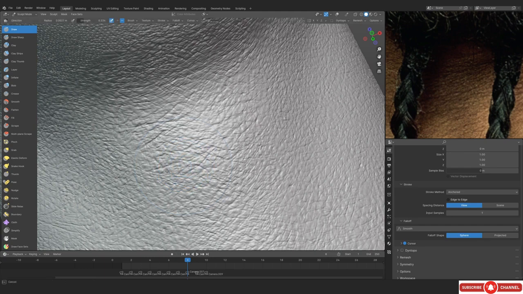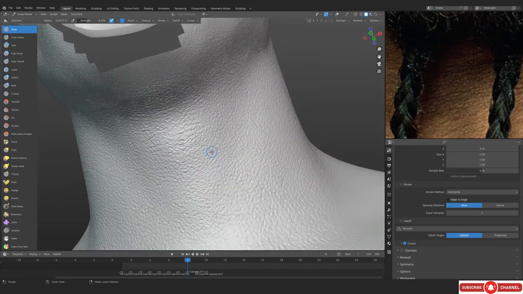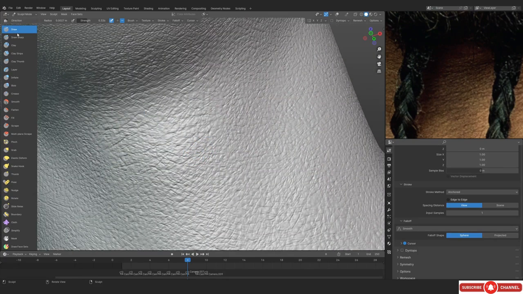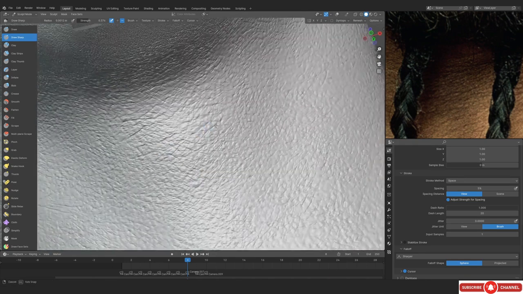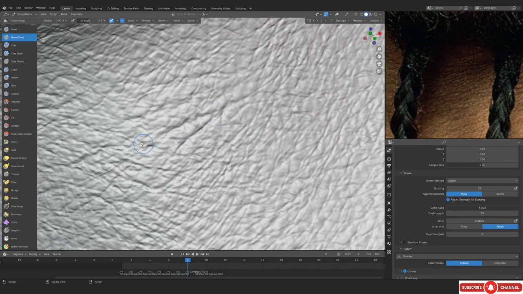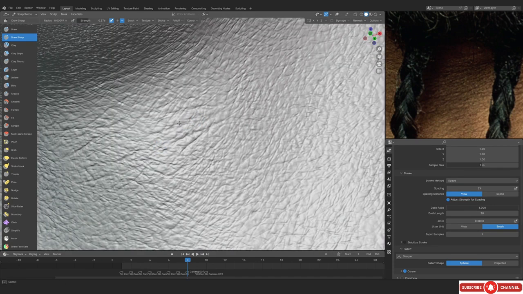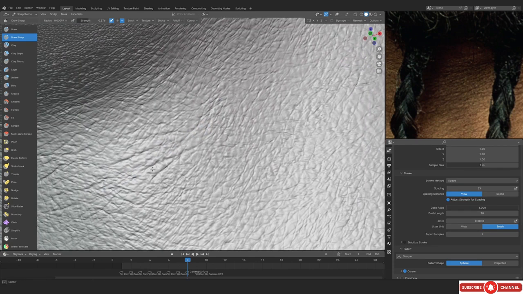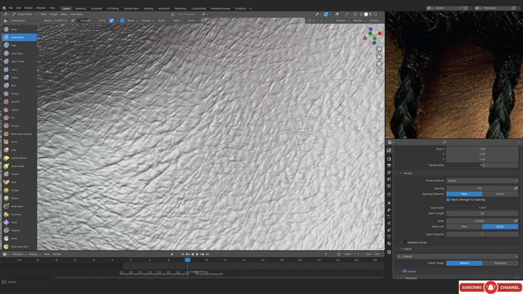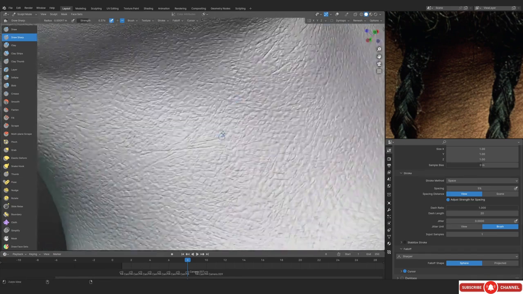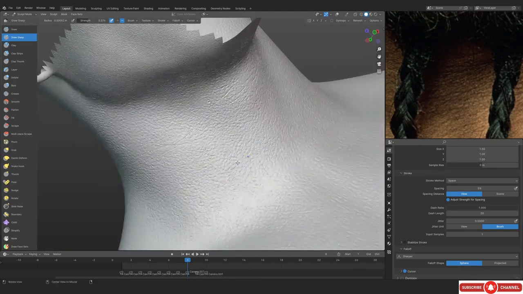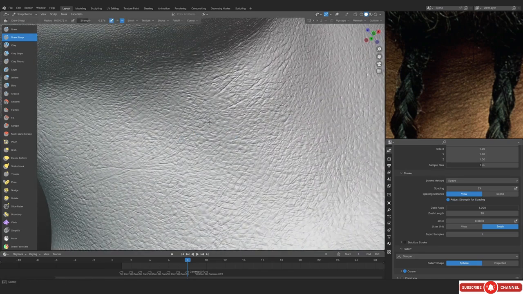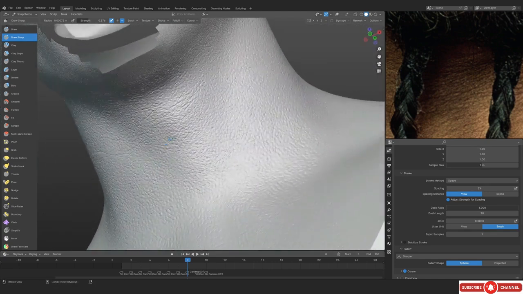I obviously want to speed up the process, and that's why you can see that I'm using the direction brush with anchored, but I don't think this worked that nicely. So I have to switch to my TrimSharp and just do this manually. This is something that you have to do. But again, this video is approximately 30 minutes long, so that's how long it took me to do the neck, which means it's not super long. Yes, it is more time-consuming than your traditional method where you use scans and stuff, but it still is pretty forgiving. And yeah, you can use it.